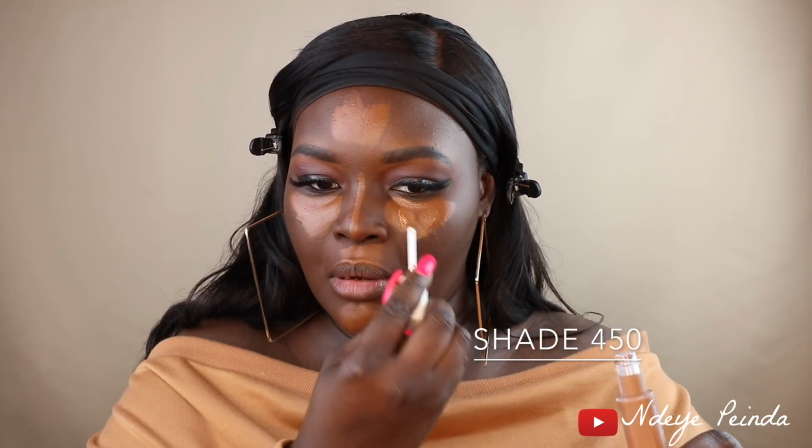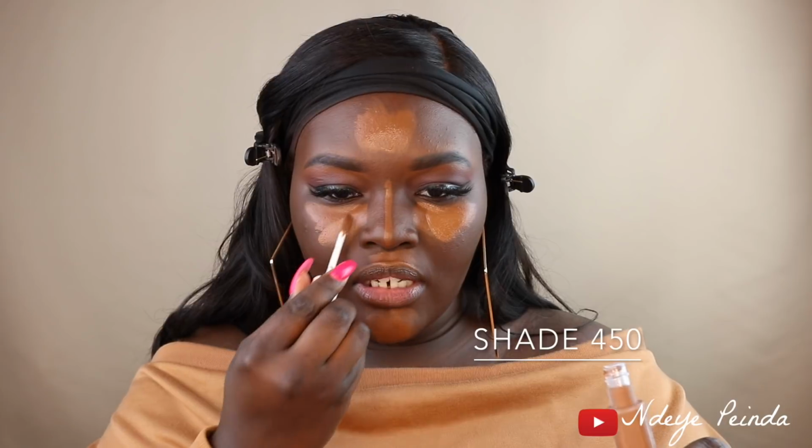So as far as this shade right now, I would definitely say this is a good highlight shade for me. It does read a little red to me, but I feel like once I apply the 450 on top, it's kind of going to balance it out a little bit. So I'm just going to take 450 now, and I'm going to apply that right over, which I feel like is going to...